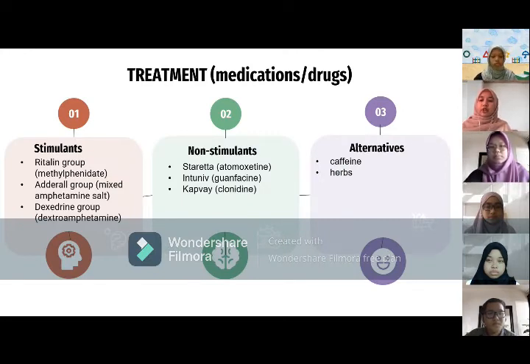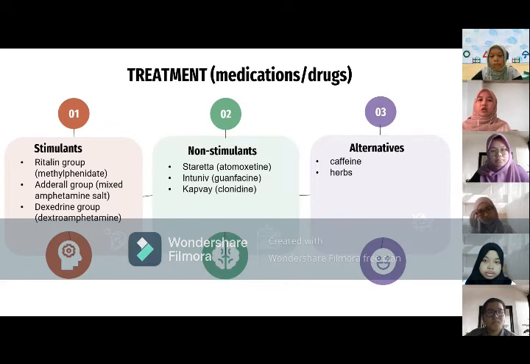Next, the courses of treatment for ADHD are divided into two types, which include medications or drugs and also psychological treatments. I'll be covering the medication or drug treatments. Under the scope of medications, there are two types of FDA-approved drugs, which are stimulants and non-stimulants. FDA-approved means that data on the drug's effects have been reviewed and the drug is determined to provide benefits that outweigh its potential risks for the intended population. In this case, it is for children or adults who suffer from ADHD.